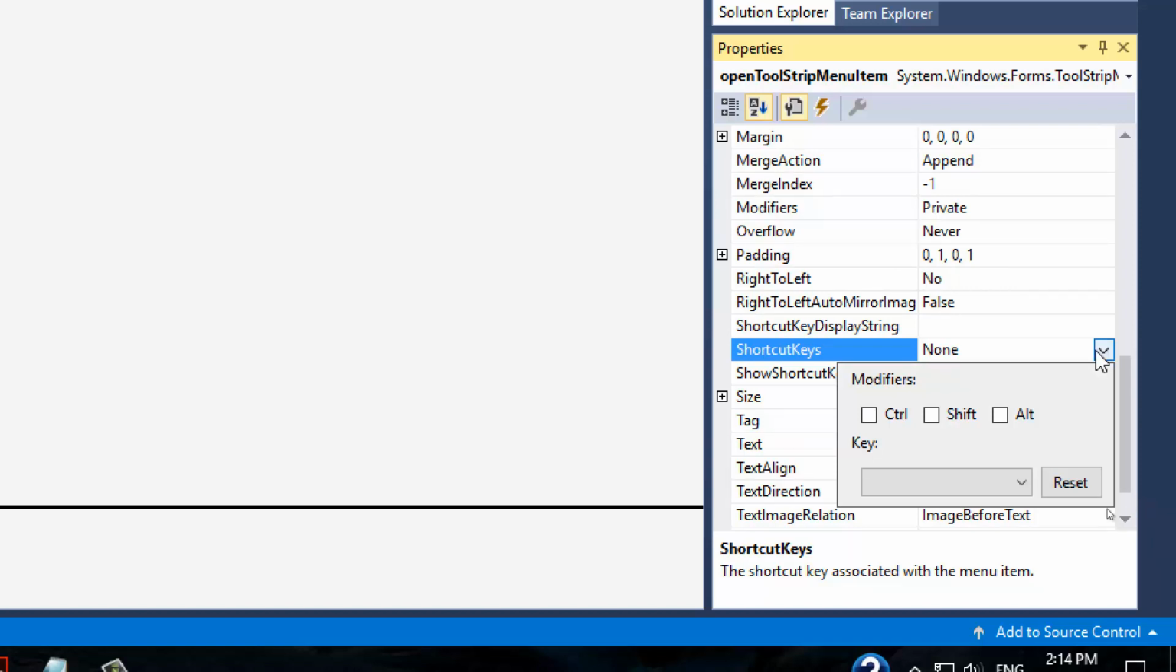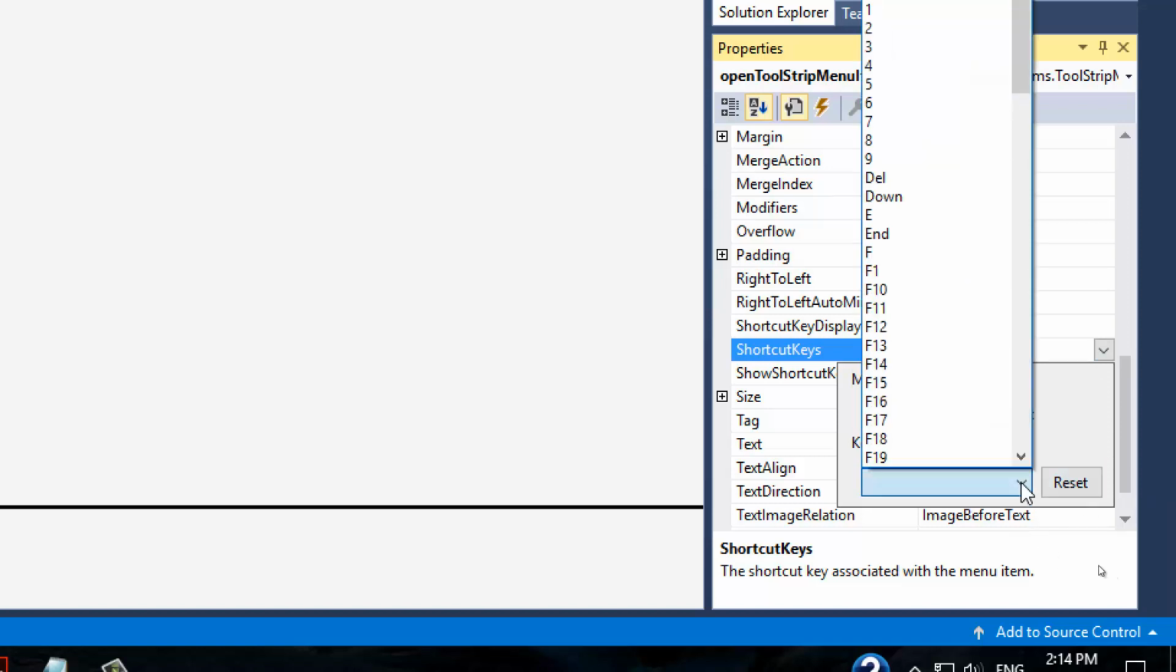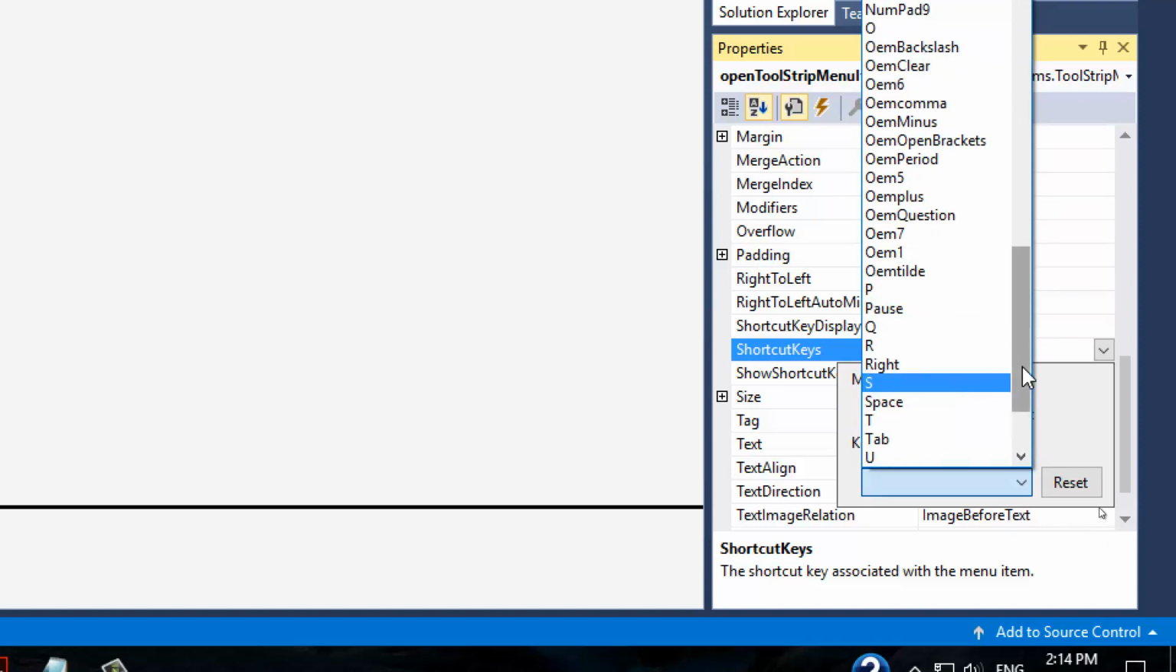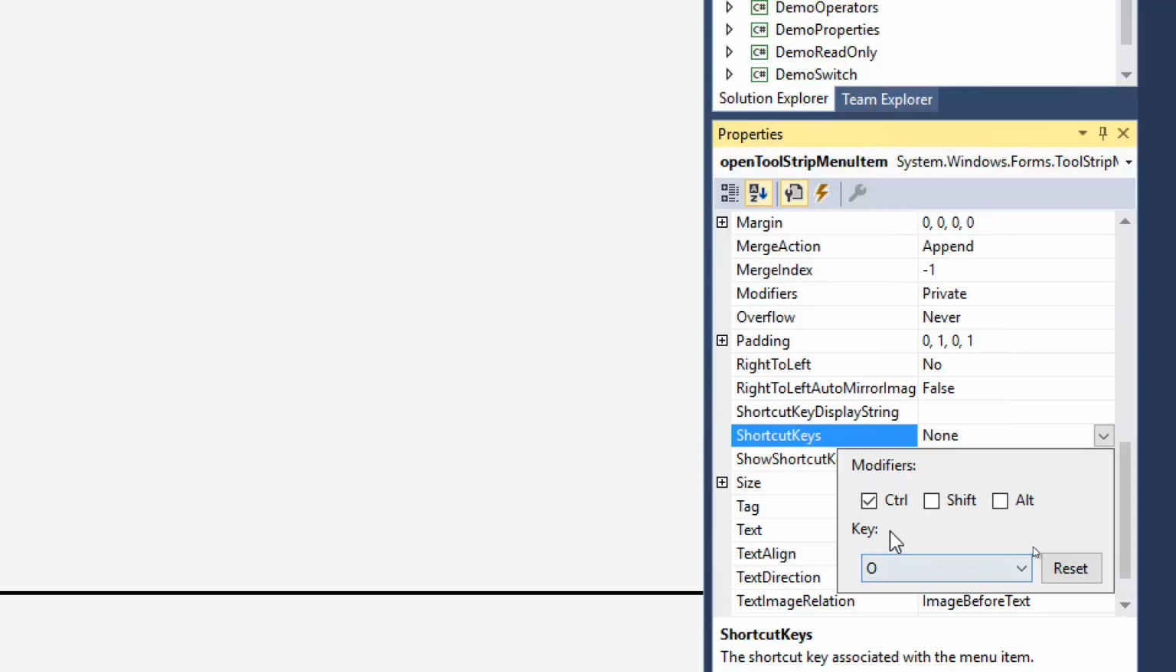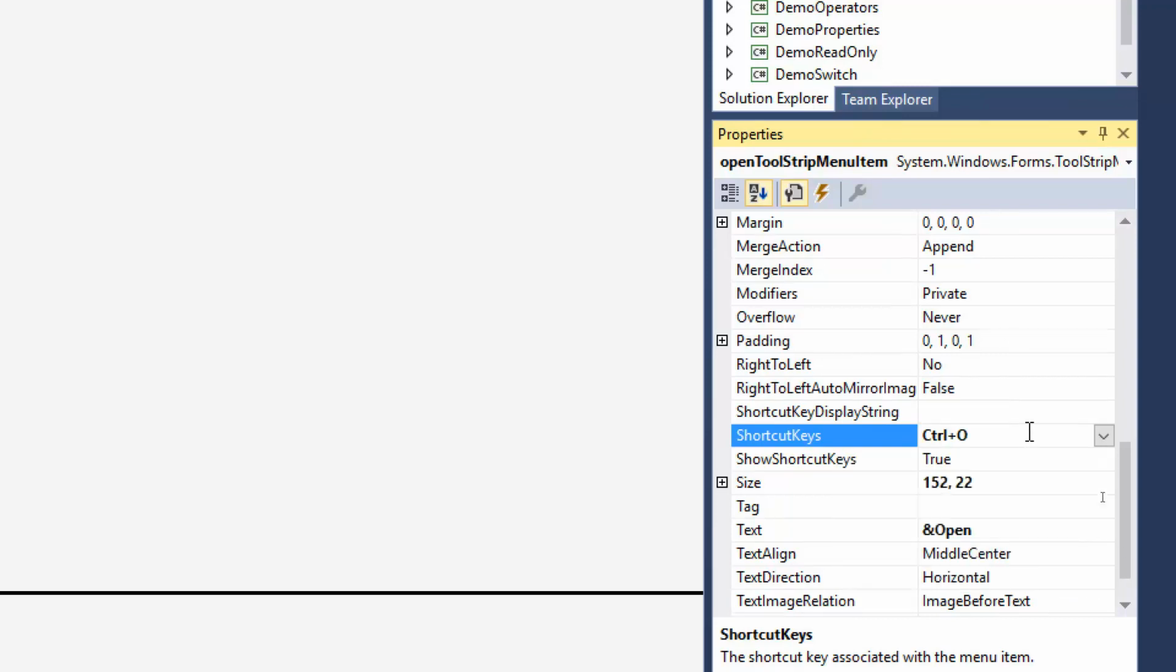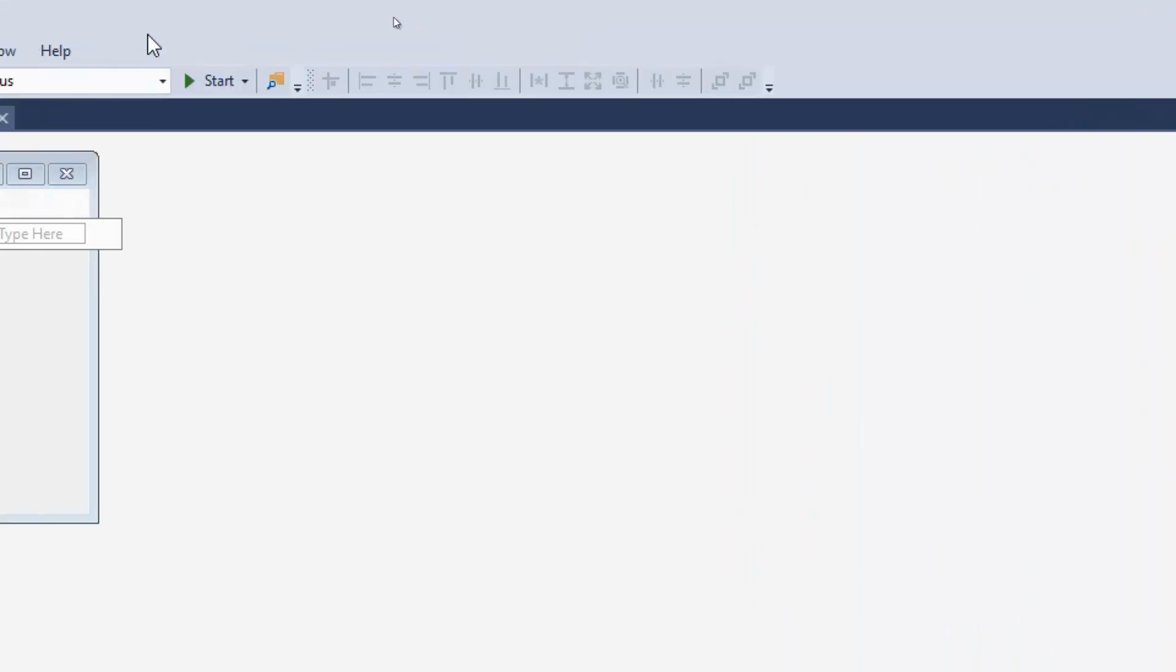I can select that or hit the down arrow there. And let's say Control plus the key O, the letter O, case insensitive, will be my shortcut key for open. That makes reasonable sense. All right, so now you see Control plus O listed there, and then when I run the code,